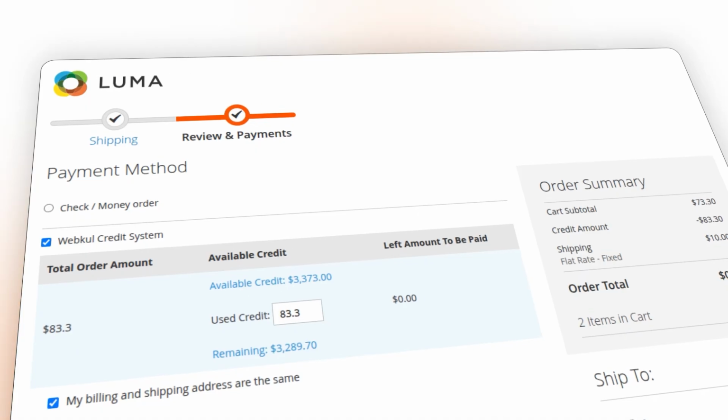Introducing the Magento 2 Credit System Extension, a feature that allows customers to use their credit points for seamless product